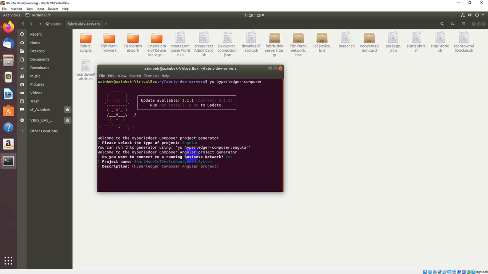Smart Home IoT Device Management System. Hyperledger project, author name Azembek, and my email is Azembek, and the business card is admin IoT network, and